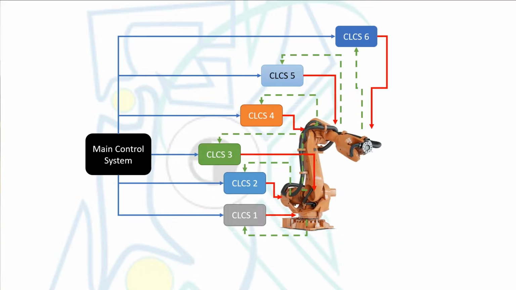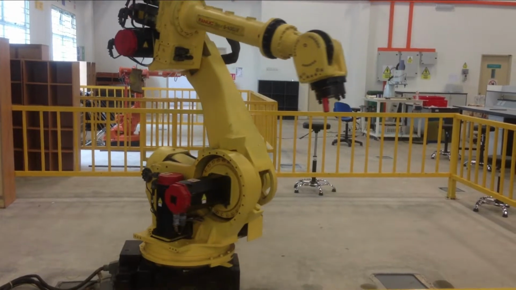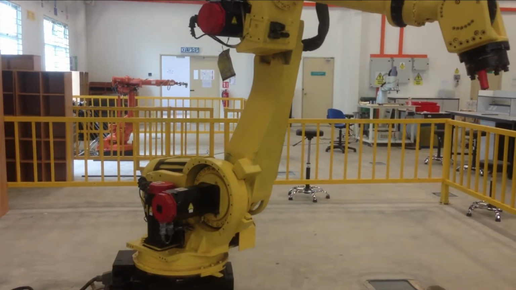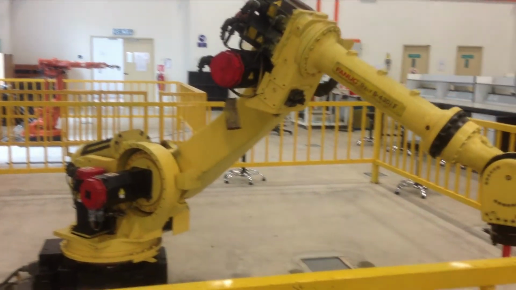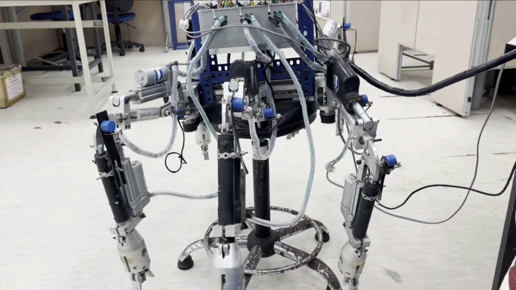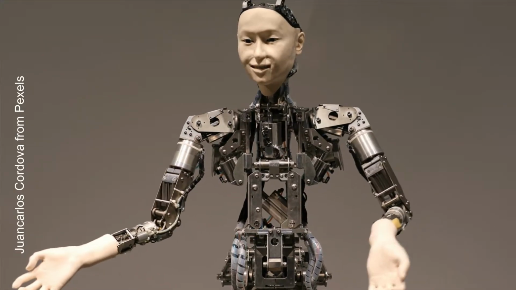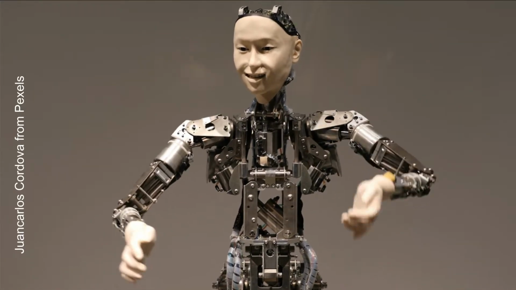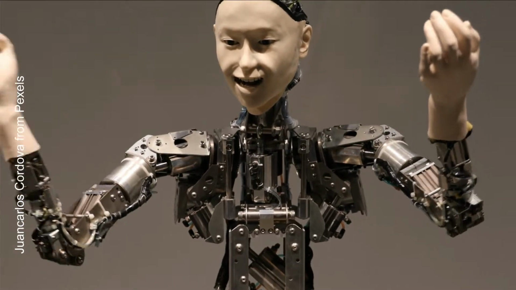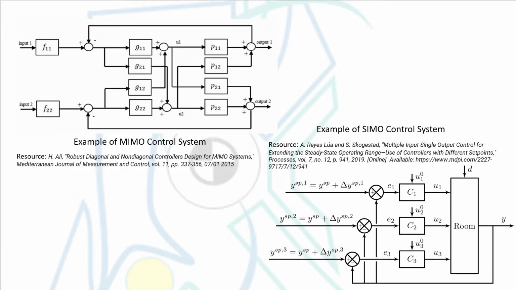We don't design the whole robot for one single control system. That would be a very complex control system design. I don't say we cannot, because there is some research, but that is more on advanced control system design. They call it multiple input, multiple output control, or you can search multiple input, single output control systems. So for your case, it's just SISO, single input and single output control systems.